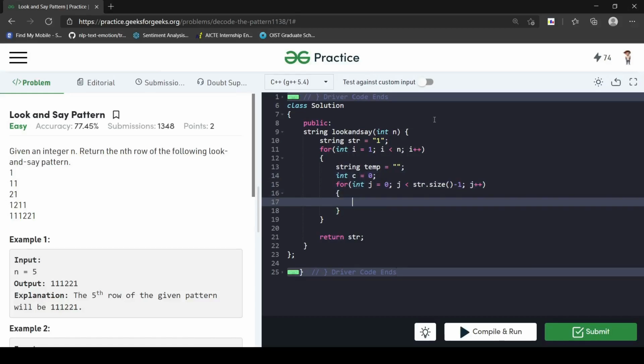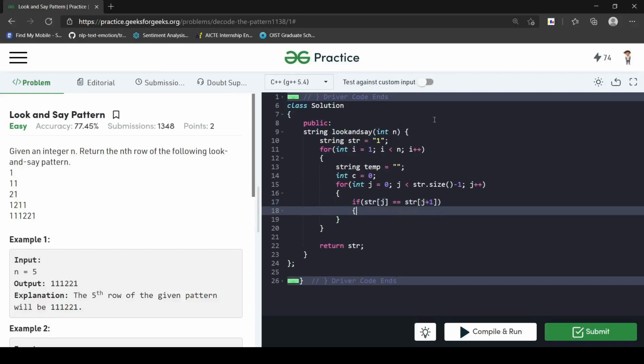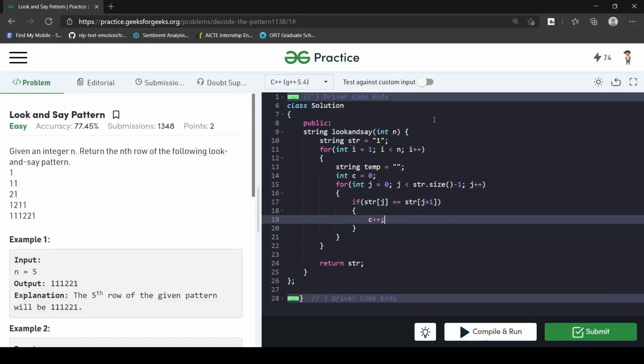As soon as we find a repeated character, this is to increase the count.